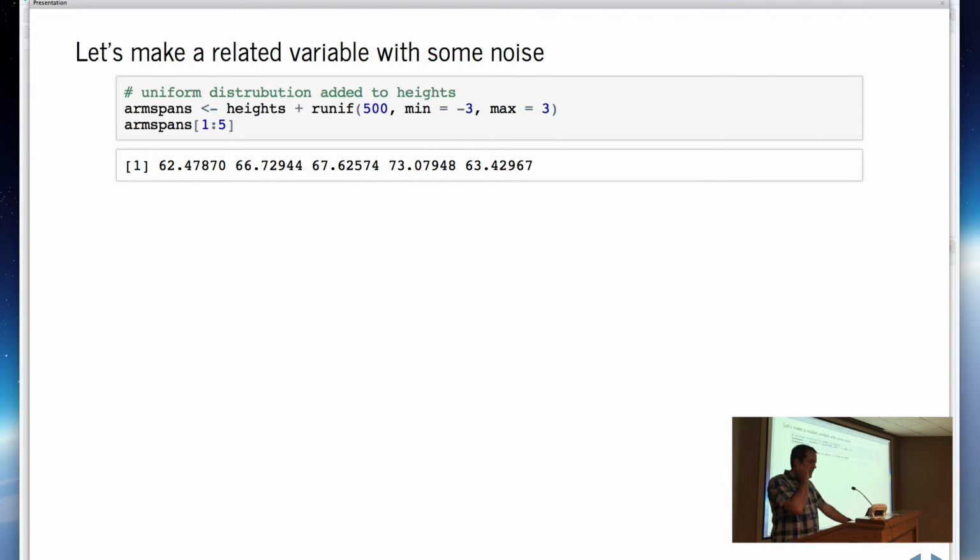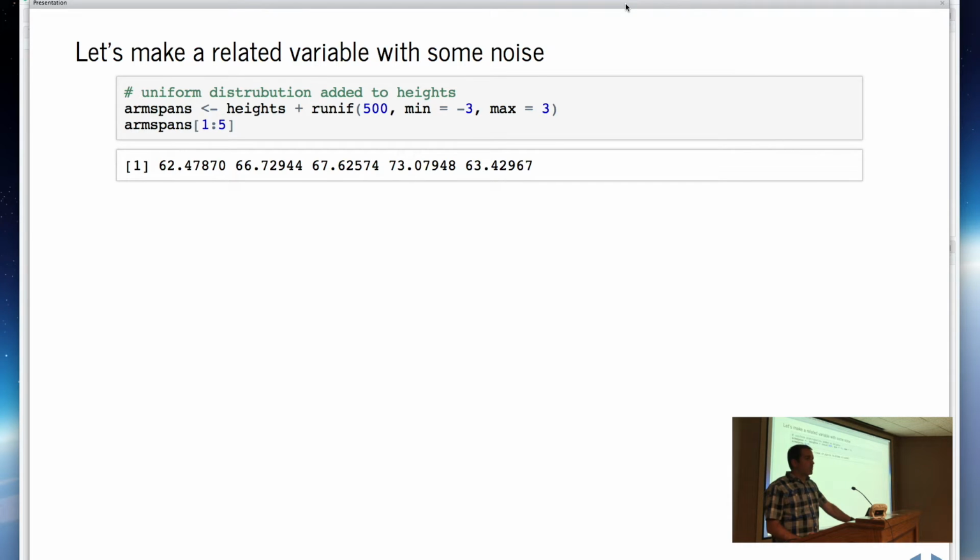So we're going to take that first variable and create a related variable. If you remember your Da Vinci picture with the circle around it, your arm span is actually roughly your height. But here we're just giving a little bit of variance to that. Obviously it's not an exact measurement. And so, again, this combines a couple things we've seen before.